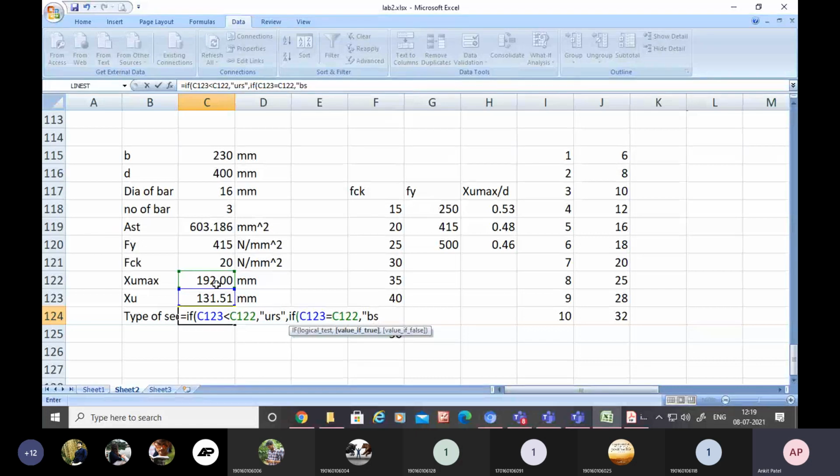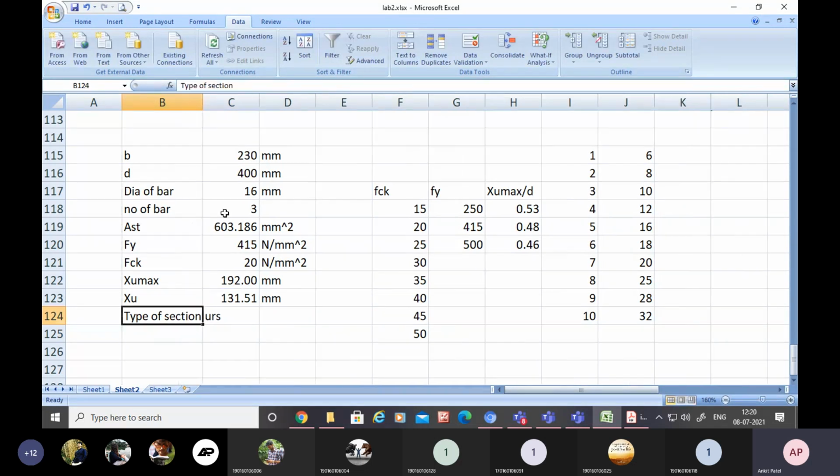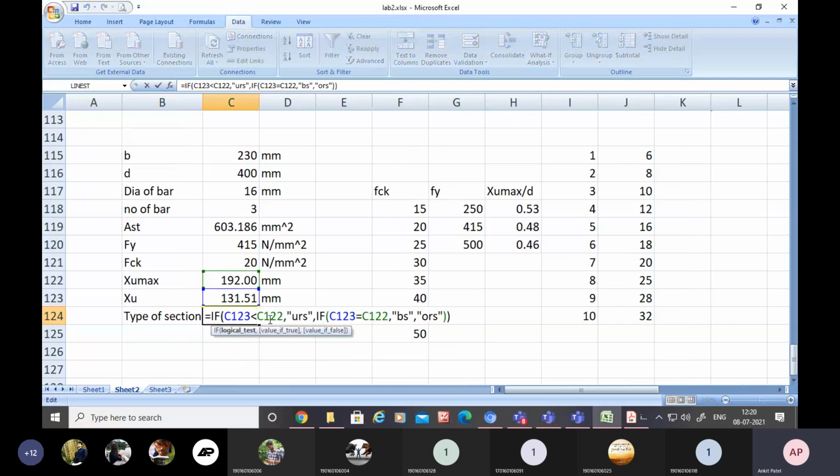I'm just writing BS, balance section, and then comma, and if the value is false, then over reinforced section, ORS. Just I'm going to give this and press enter, so you will get these. Again one comma is required, and again enter. So you can see over here type of section, which section is this?